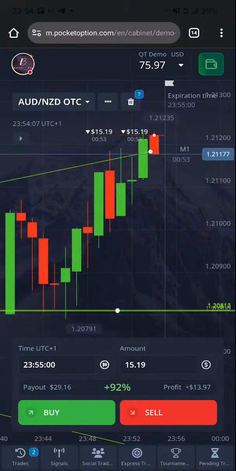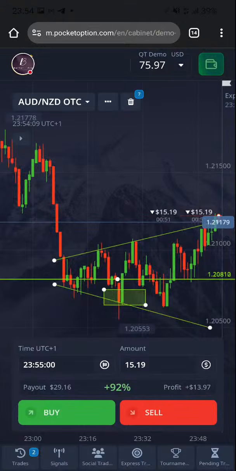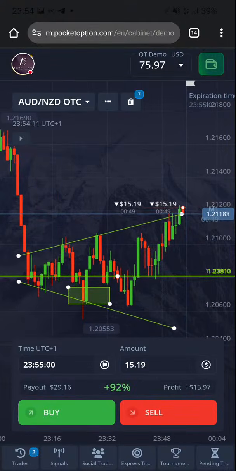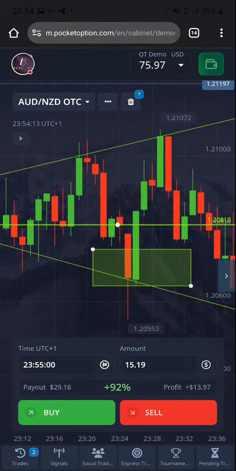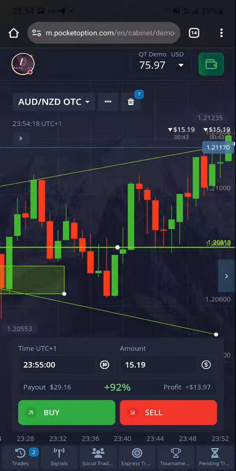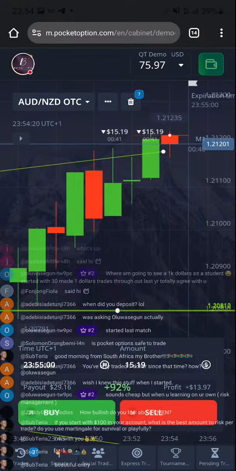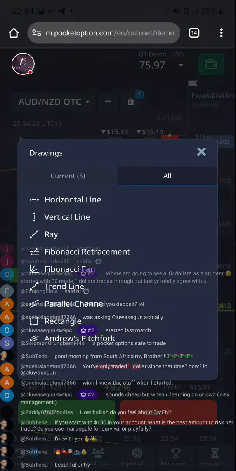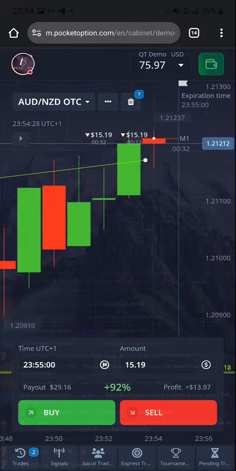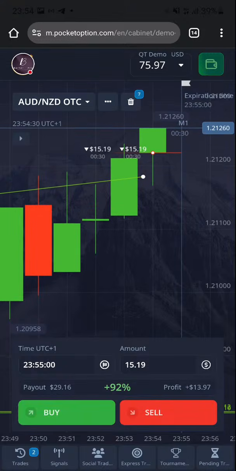So we have doji break. We have a lot of reasons to go with the sellers actually. Remember I told you from the previous explanation, this sellers entry. You can see the sellers came in, sellers came in. I'm expecting sellers to come in here. We have doji break. Yeah, beautiful entry. So we have doji break, we have round number, and we have gap up. So we have multiple reasons to take this trade with the sellers.